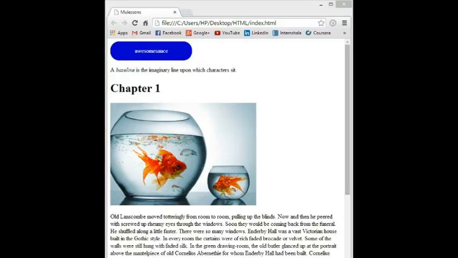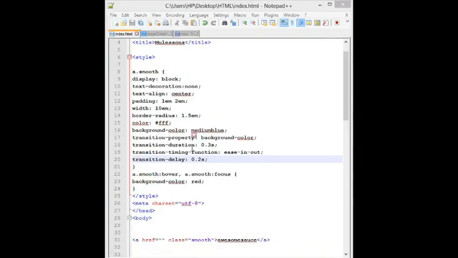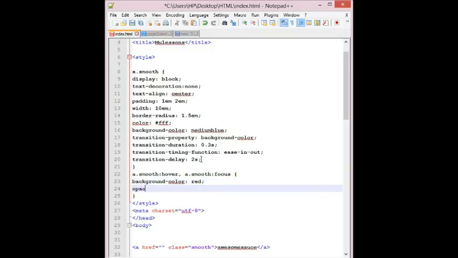So if I change the value to 2 seconds here and add opacity equals 0, now let's see what happens.